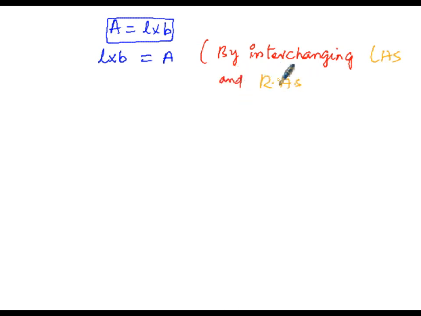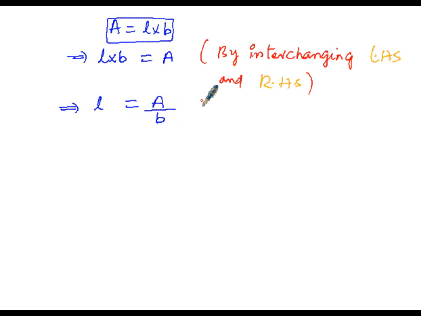So here I got this step by changing the LHS, that is left hand side, and right hand side quantities. Then in order to make L the subject, L alone I have to write on the left hand side. L is equal to the right hand side quantity of A, but here L is multiplied with B on the left hand side. So I want to transpose B, which is multiplied with L on the left hand side. So into B on the other side becomes divide by B. If I transpose into B, it will occupy the denominator's place. So I got this logical step.